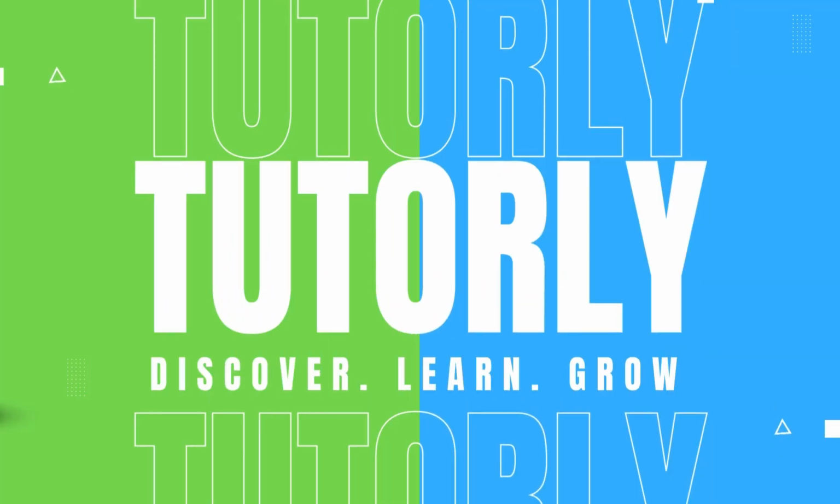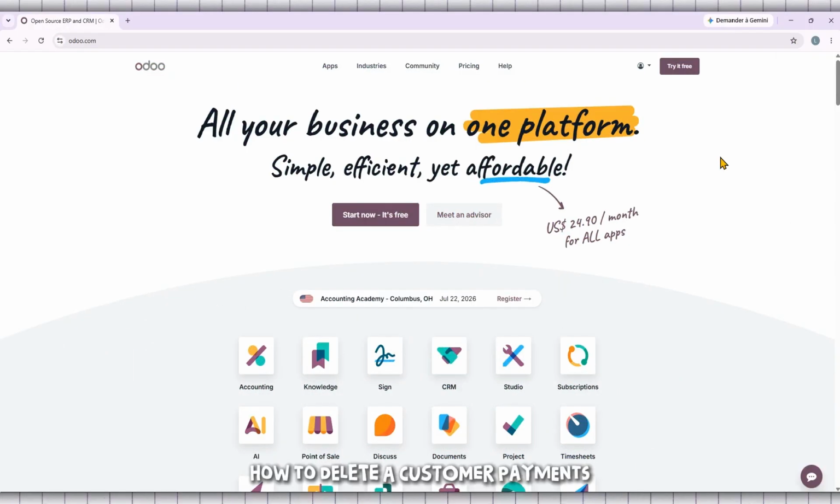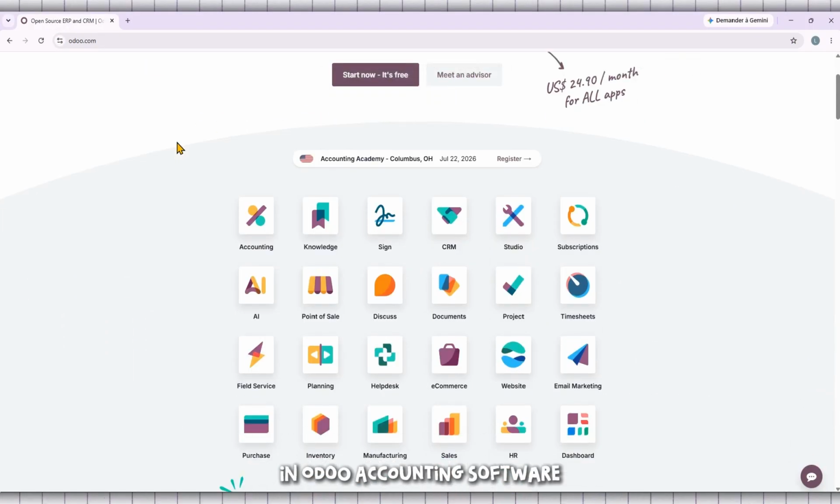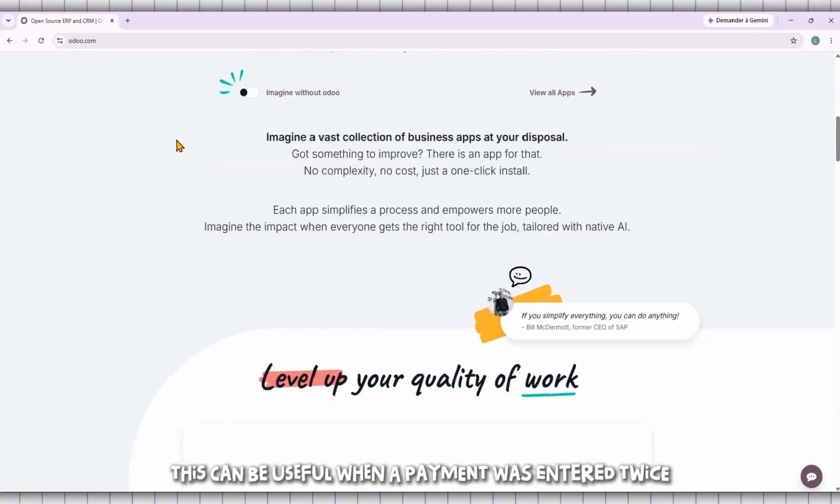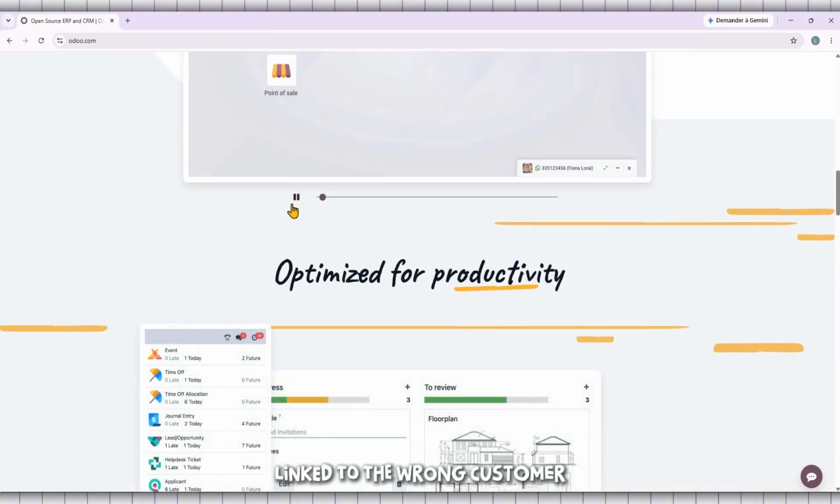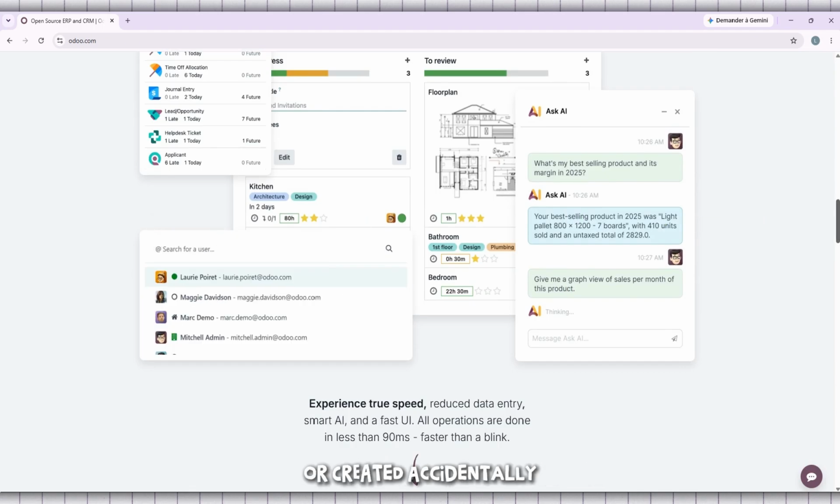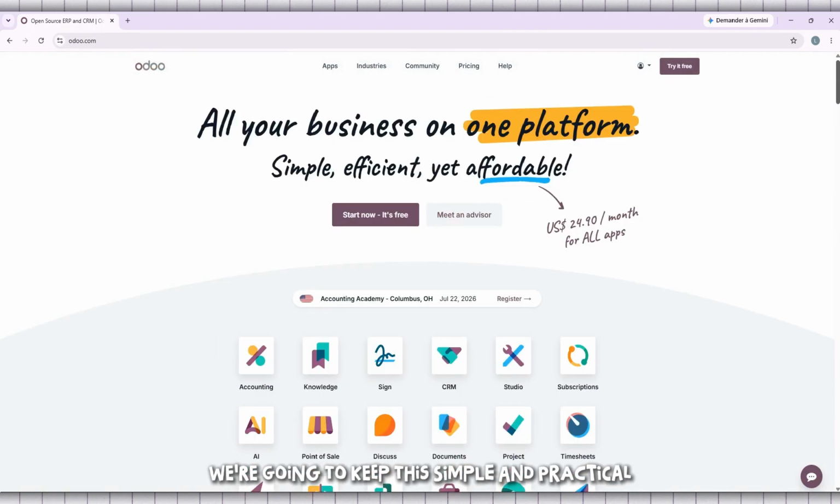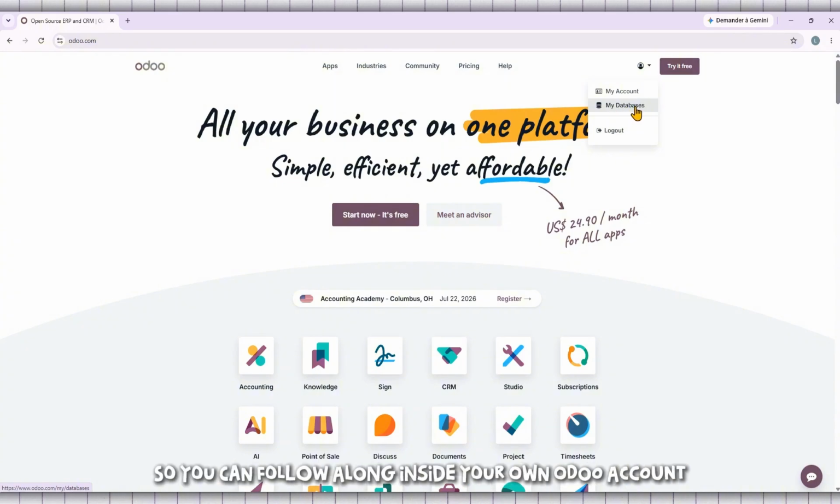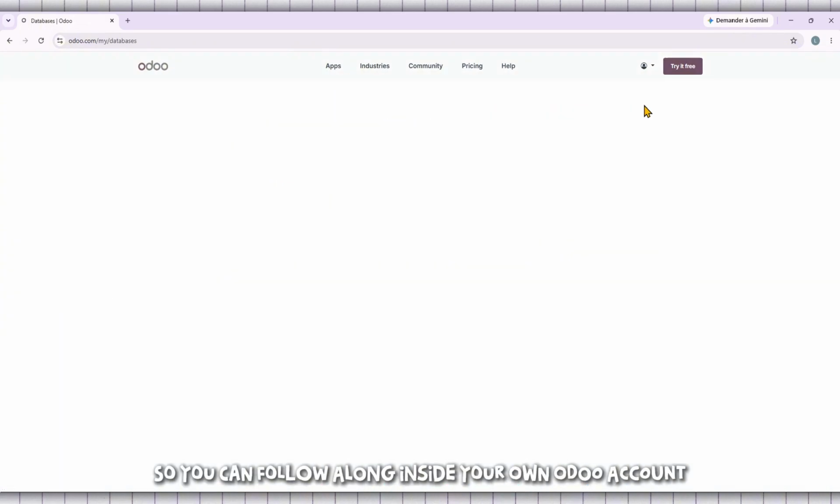So in today's video, I'm going to show you exactly how to delete a customer payment in Odoo Accounting software. This can be useful when a payment was entered twice, linked to the wrong customer, recorded with incorrect information, or created accidentally. We're going to keep this simple and practical, so you can follow along inside your own Odoo account